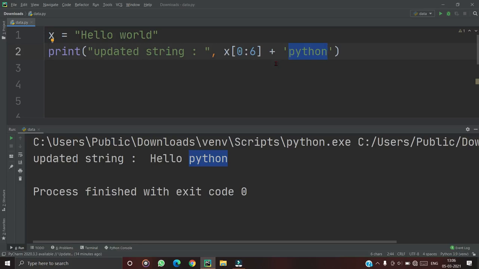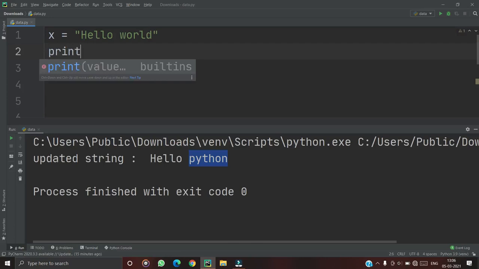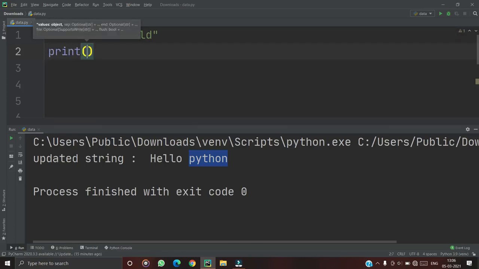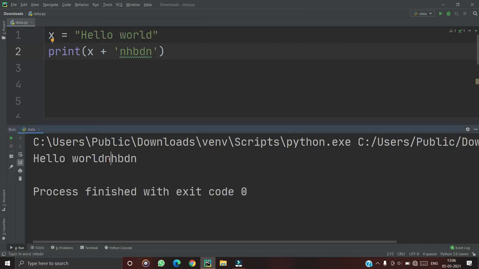Here are some operators in the string, like we have operators for numbers. If you want to add any element to the string, you can simply print x, which is this string as it is, plus anything you want to add. If you print this, hello world, it will get added.